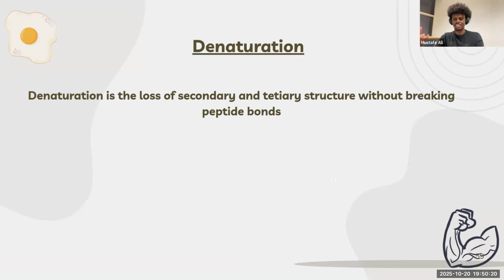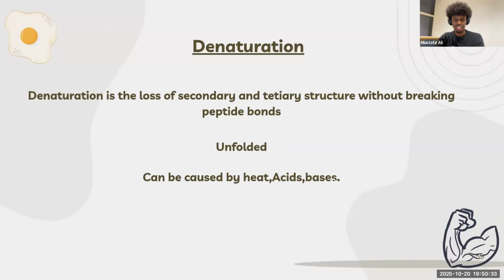In simple terms, it's when the protein loses its structure, and it can lose its structure due to a lot of different things. It's when the protein becomes unfolded, and it could be caused by things like heat, a very high temperature, a very low temperature. It could be caused by acidic pH, a basic pH. What these essentially do is lead to the structure of the protein being lost. Okay? And it's usually irreversible. You can't reverse the denaturation of a protein. Once it's gone, it's gone. And that's about it.